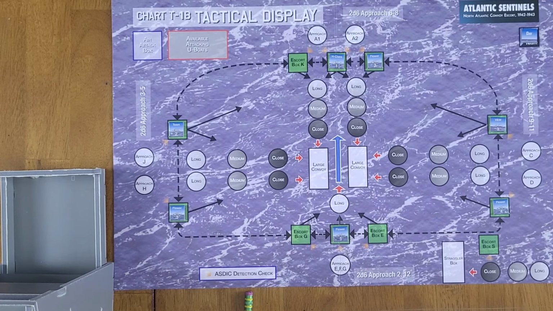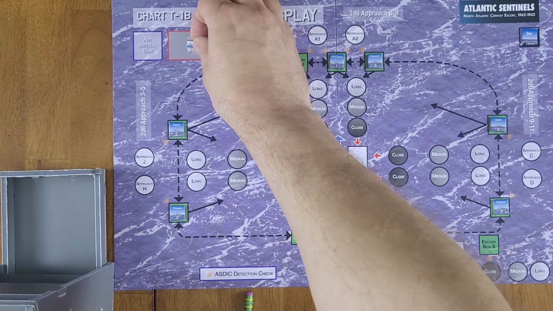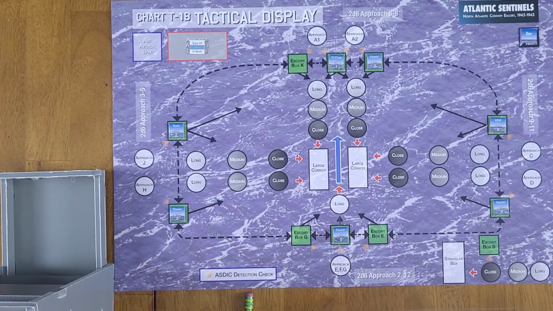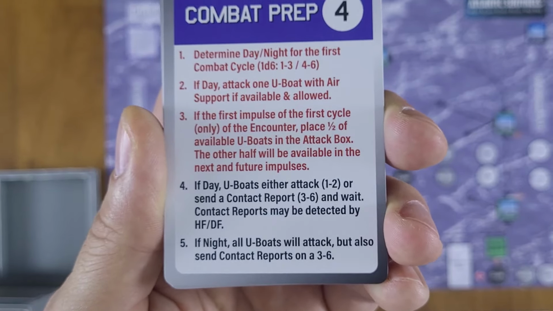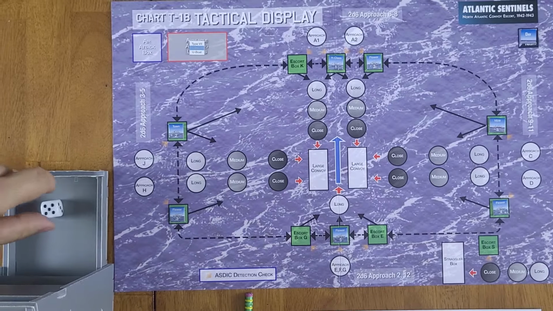Now, we do have a Type 7 U-boat, and we will put that here in our available attacking U-boats box. Now, the other thing is we're still on card 4 here. So if day, U-boats either attack on a 1 or 2 or send a contact report 3 to 6 and wait. Contact reports may be detected by Huff Duff. So let's roll 1 die. And they get a 5, which means they will